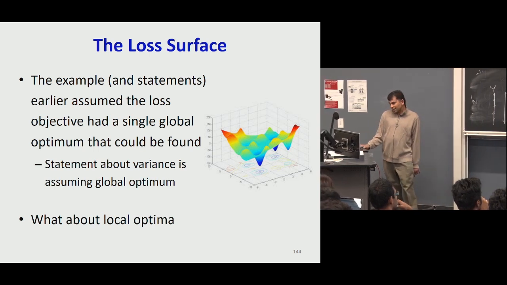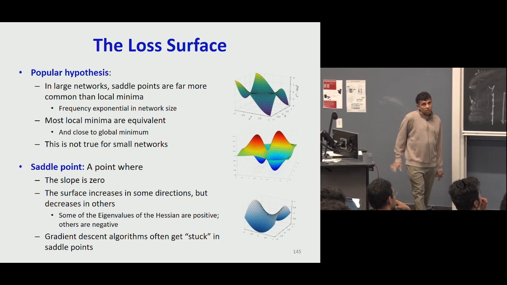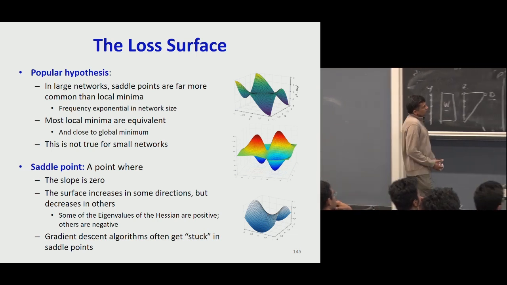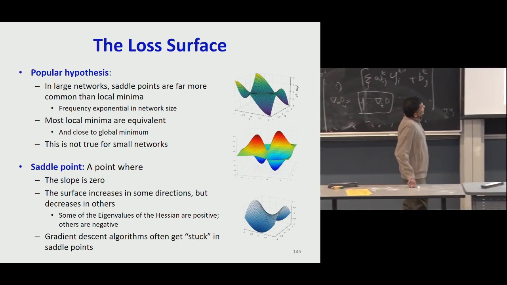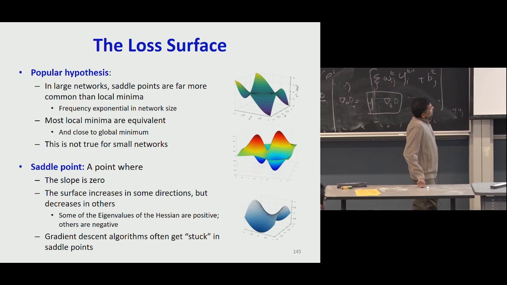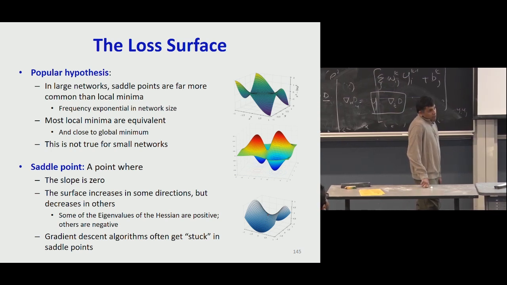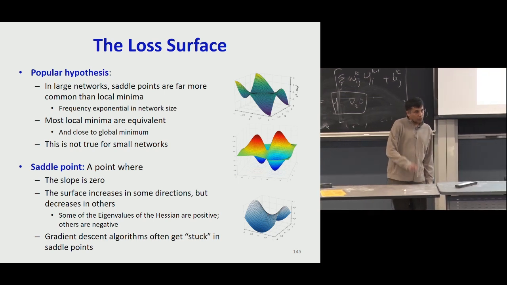So there have been a great many studies on trying to interpret what this loss function surface looks like. There are many hypotheses. One popular hypothesis is that there are many more saddle points than local minima, where the frequency of saddle points is exponential in the network size. Remember what a saddle point is. A saddle point is a location where the